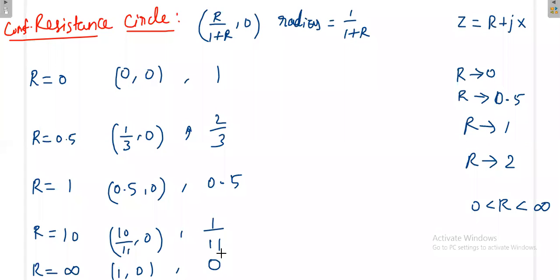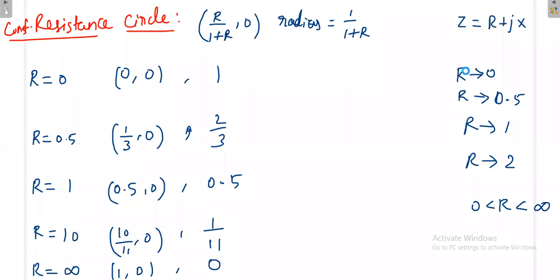Because I want to draw the Sumit chart nature. I am going to draw a diagram of how the Sumit chart looks, so I am analyzing. R can be anything between 0 and infinite. Once you understand this, you will know what will happen. If R is more than 10, then you know the nature. Once you put it in a diagram format, later you will understand, even if your R varies, how the diagram will look. It is not necessary to take only these values. So I will go next.